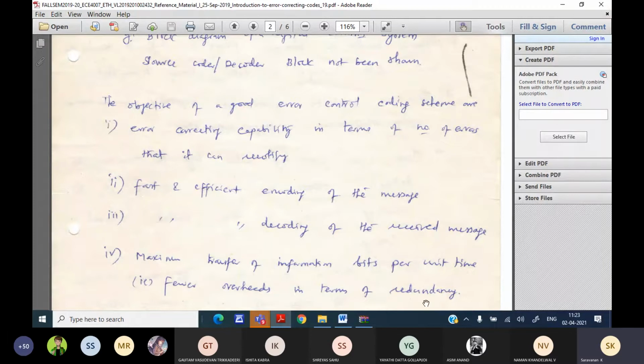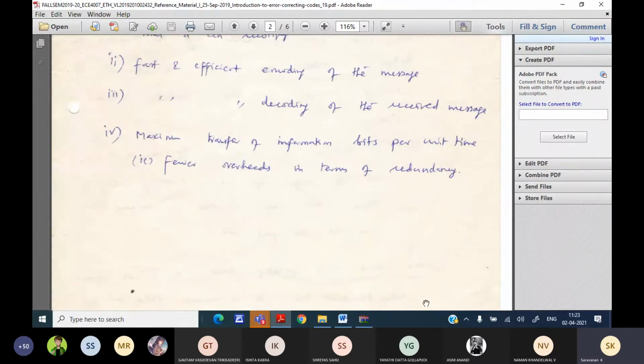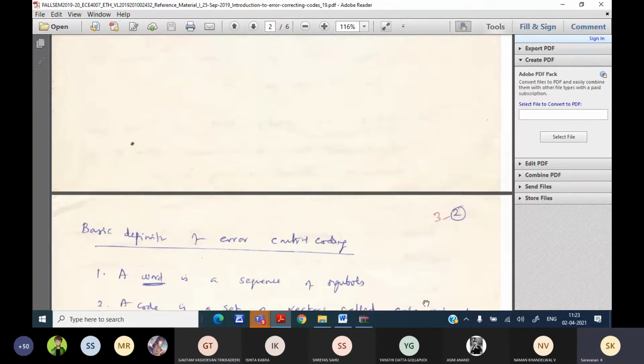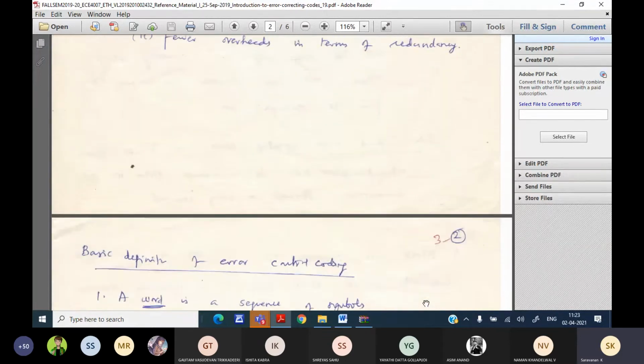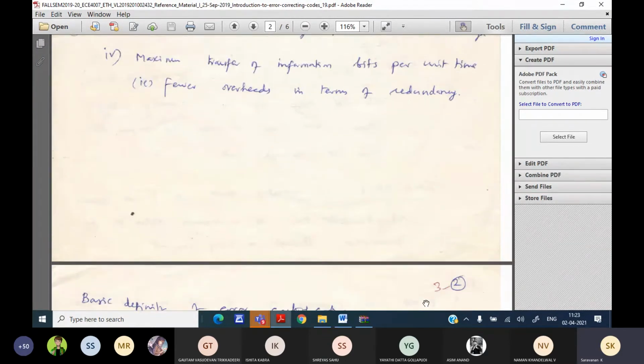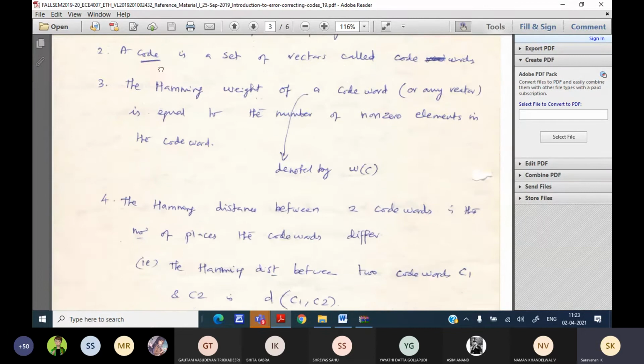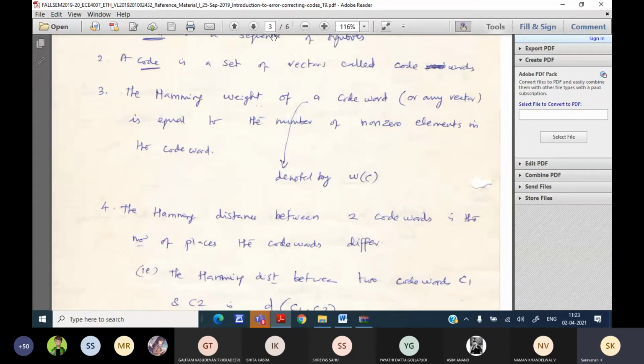The number of overhead, redundant bits should also be minimum. By adding some overhead, the code is able to detect the error, and it is also able to correct the error. That is also possible.